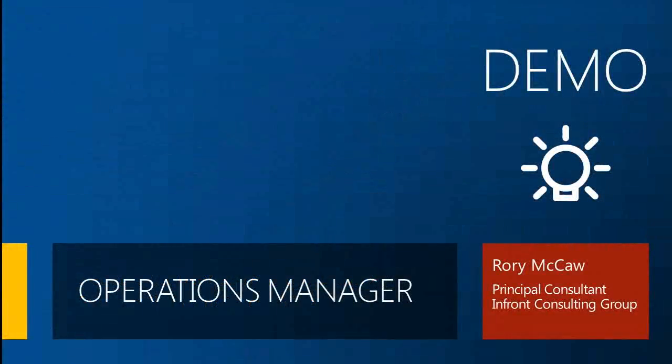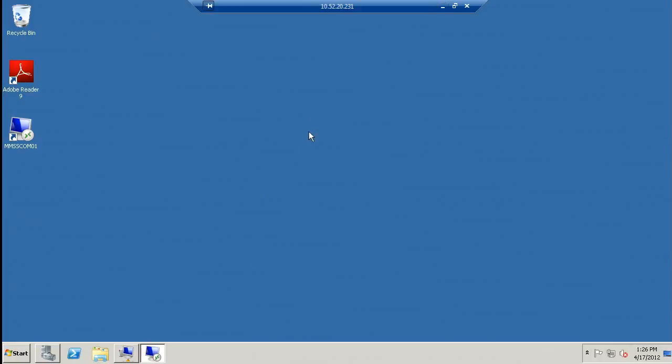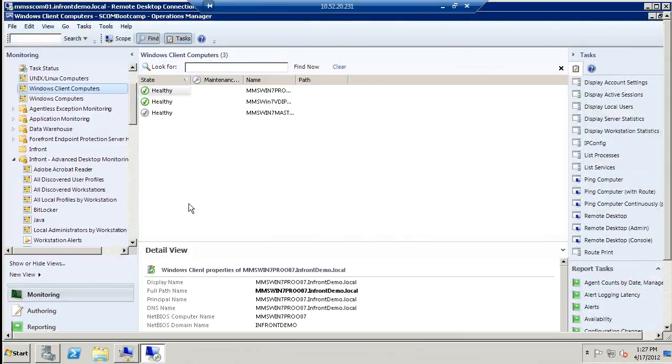So we'll flip over to the demo at this point and take a look at Operations Manager. So I'll minimize our slides. I'm RDP'd into our server, which is in the exhibit hall at our booth there, and connected to our host. If we take a look at the sessions that I have in place here and pull up my Operations Manager